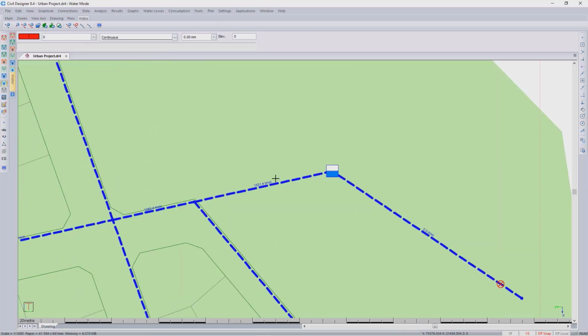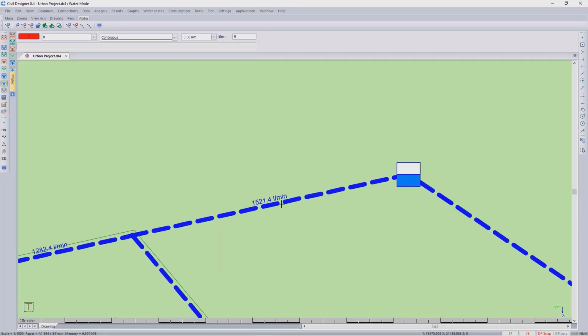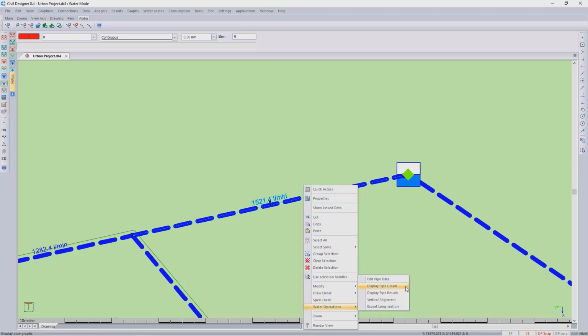Just want to zoom in over here, and before we move over to the reservoir, a few little tips and tricks that I can show you. If you go to your water operations and you go to your graph,